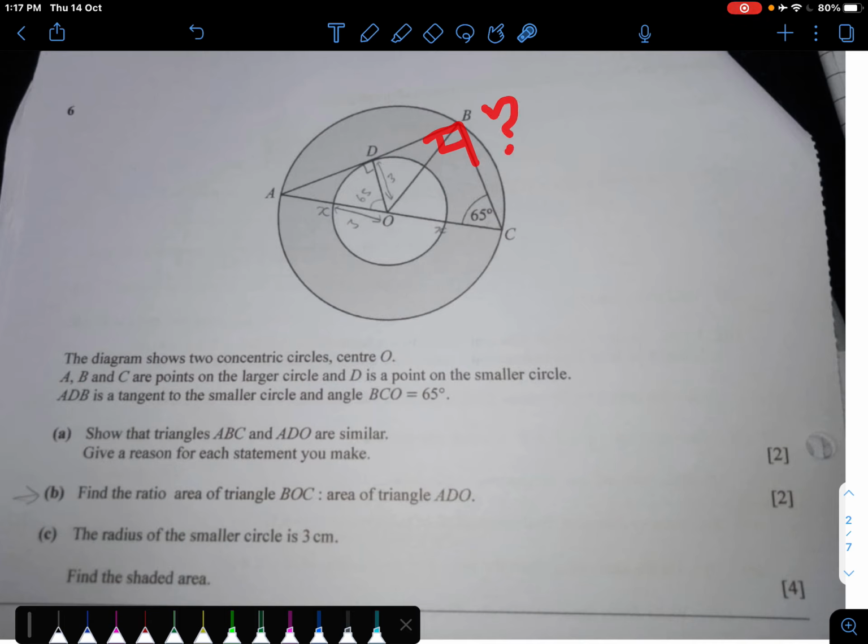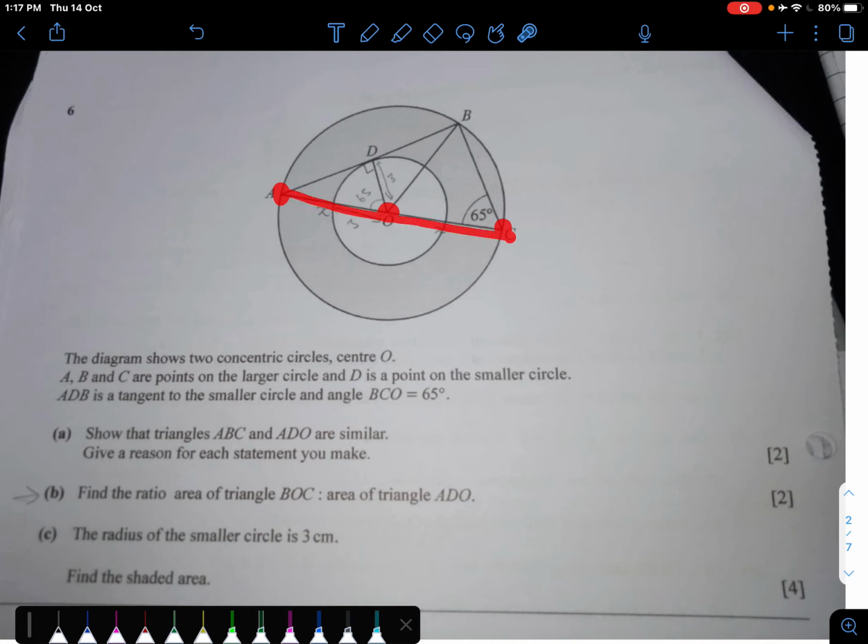This angle here, how do you know it's 90 degrees? Very simple. You need to zoom out and ignore the small circle. What you realize is that here is center O, which is, by the way, concentric means that they share the same center. That's all you need to know. It's quite obvious from the diagram as well. Center O is actually the center of the big circle. Now ignore the small circle. Center of the big circle, and you notice that there's a point A, there's a point C, which are two points on the circumference, and they told you that the